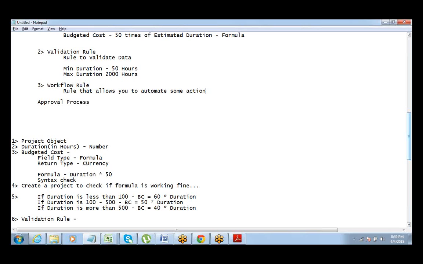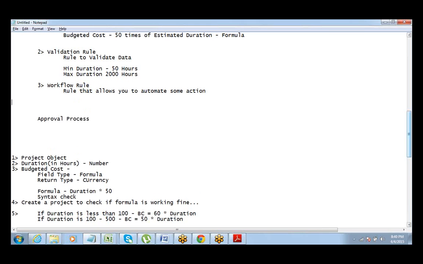A workflow rule is used for automating actions, right? So it's not like the validation rule. Validation rule will just validate the data, but in case you want to send an automated email, that is something which can be done using the workflow rule. Okay, so workflow rule, as the name suggests, it's a rule that initiates a workflow or initiates an action. Okay,